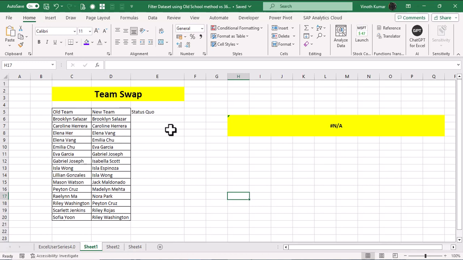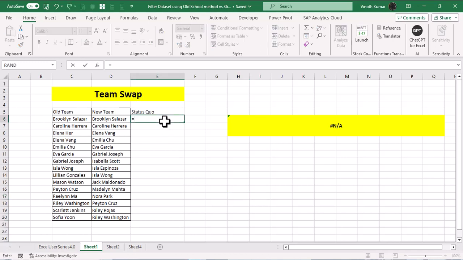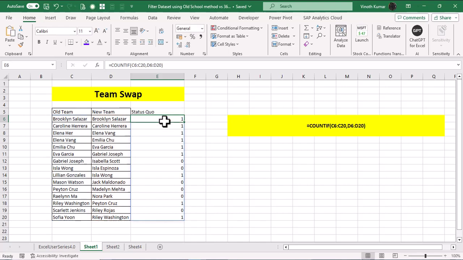I'm going to place the cursor in the first list. I'm going to say equals COUNTIF. I'm going to start with an inside out formula here. I'm going to select the ranges that I want here, and then I'll give a comma, and then I'll go back to my data set and choose the list and close the bracket and give an enter. That's going to populate the list. Wherever the particular team member is available in the new list,